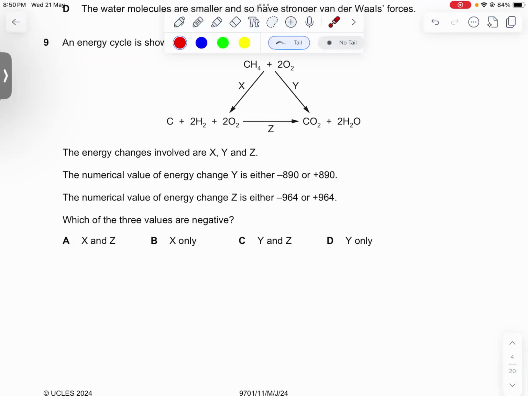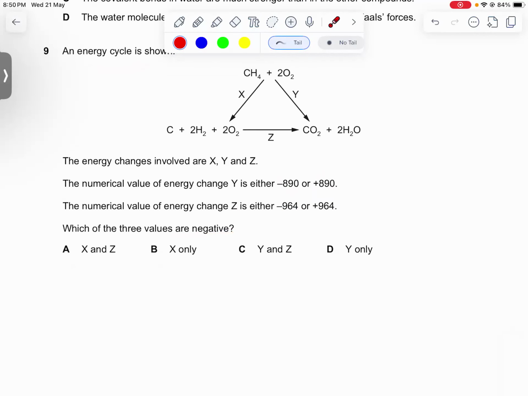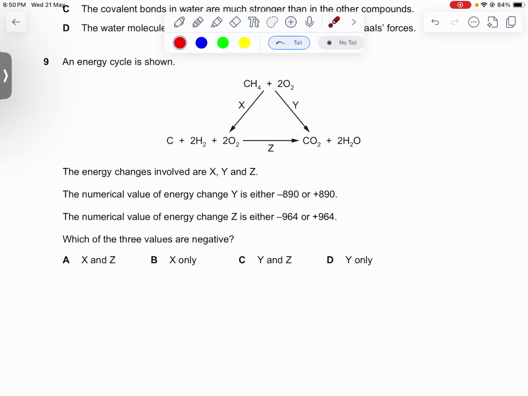The energy changes involved are X, Y, and Z. The numerical value of Y is either minus 890 or plus 890. The numerical value of energy change Z is either minus 194 or plus 194. Which of the values are negative? So if they're saying that X, well, we know from looking at this, we can be 100% sure that this value should be